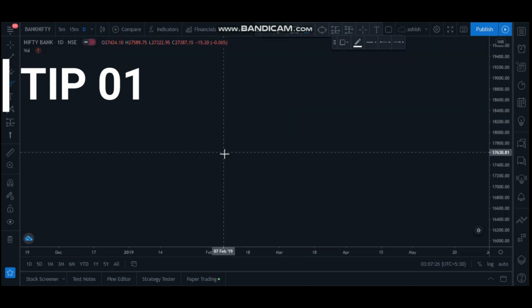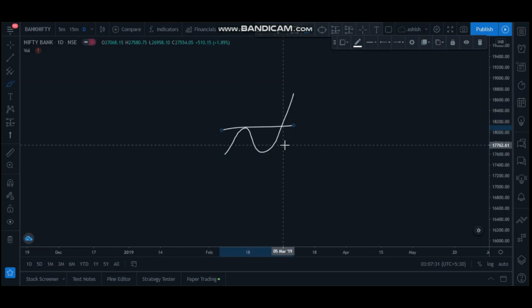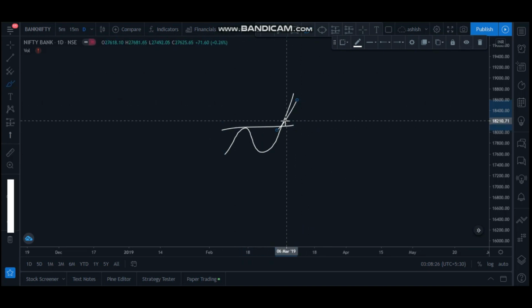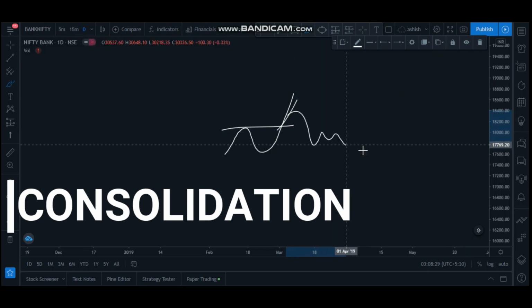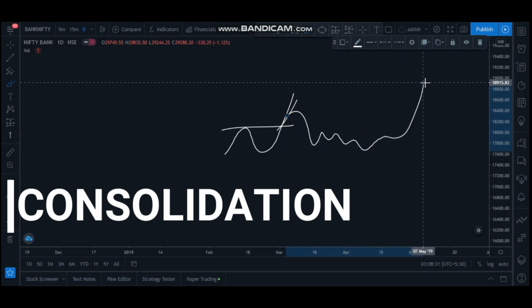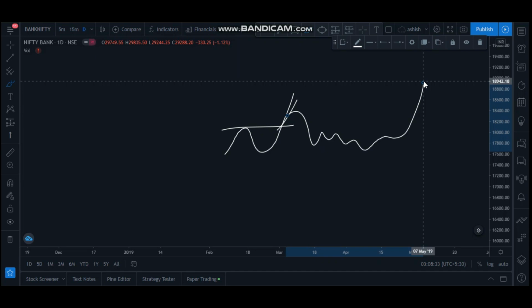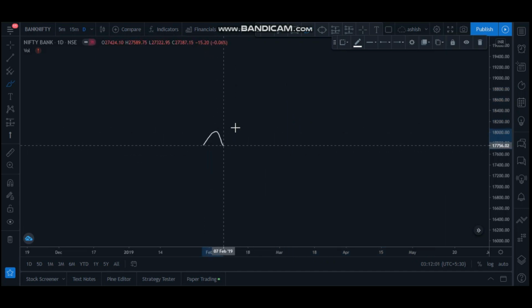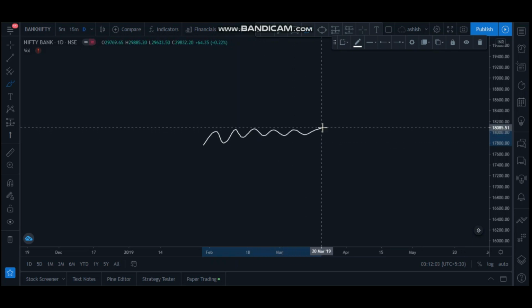So when price moves this way, it goes up, comes down, and on the second attempt it crosses this high. This may lead to a false breakout because price crossed this high in only one attempt. That means price may come back to this area, spend some time, and then it may give the real breakout. So when you see price touching highs many times this way, like price is moving in this direction and touching the high many times.